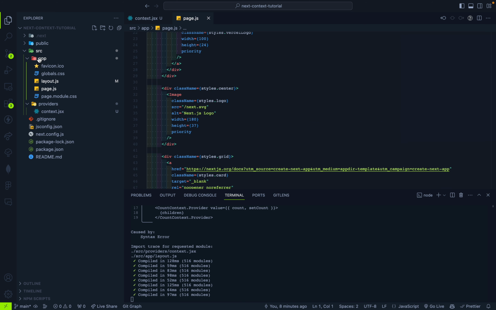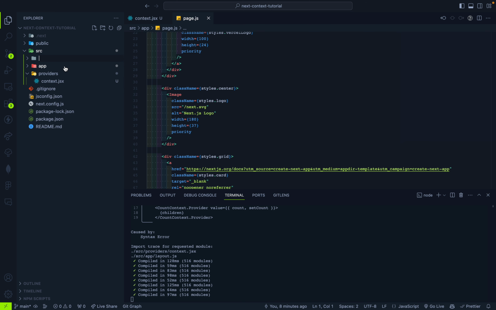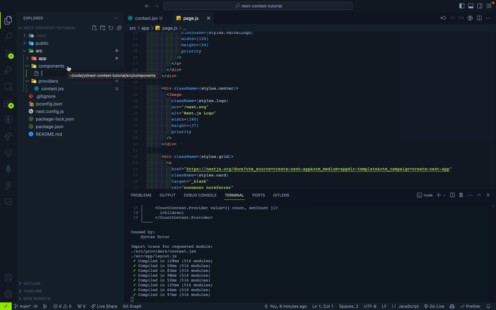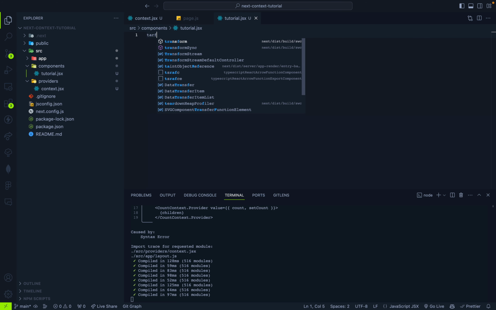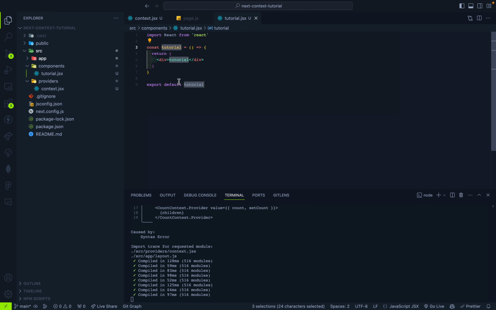Yeah, let's say it's page.jsx, where we put the component. And let me create another folder, components, and under components I would say tutorial.jsx, and it's a functional React component, and the first letter should be capital, right? And I need to use the context here, so